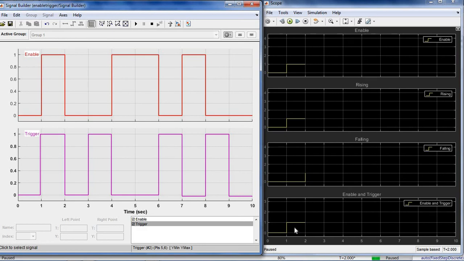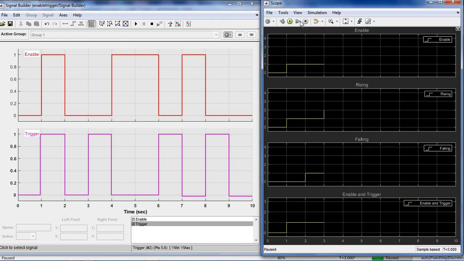But the fourth subsystem is enable and trigger. Both conditions are matched: this signal is greater than 0, and this is also a rising edge. So the output is 1. In this way it will work. Similarly, if you run step by step, now this enable condition is 0, so the output remains on hold. At the next step it will update, because up to 4 it is 0.